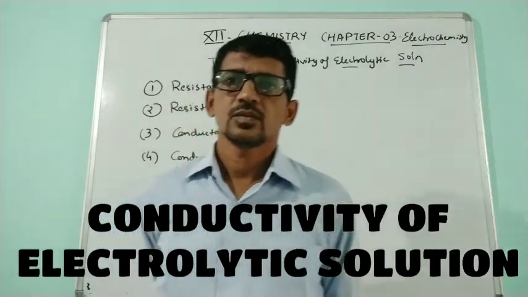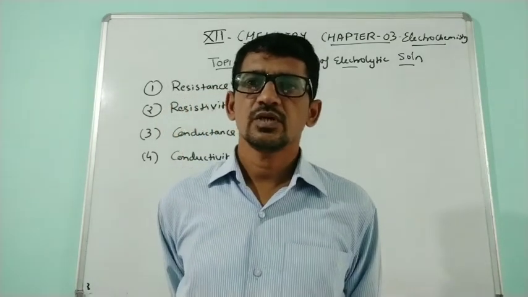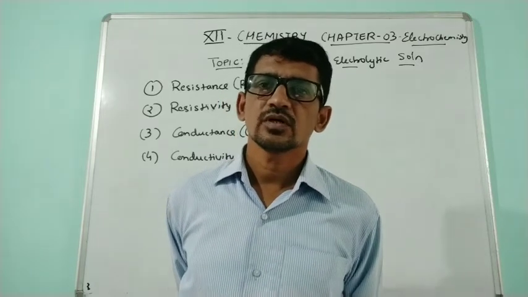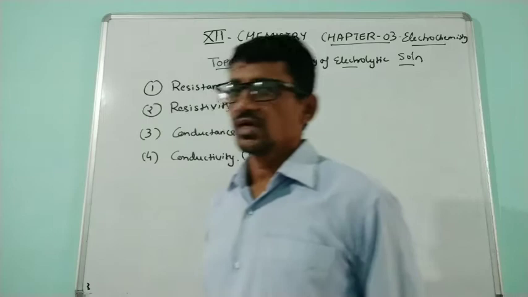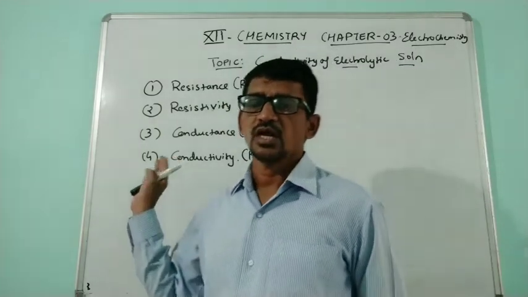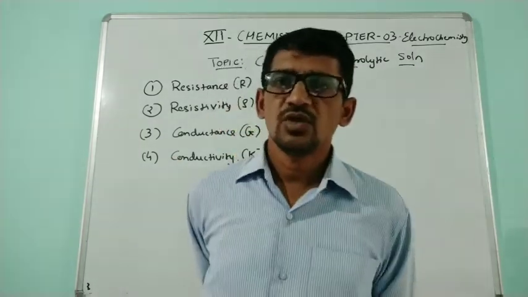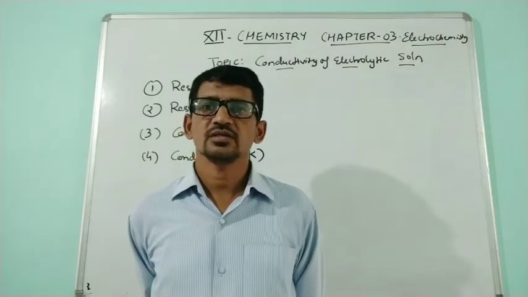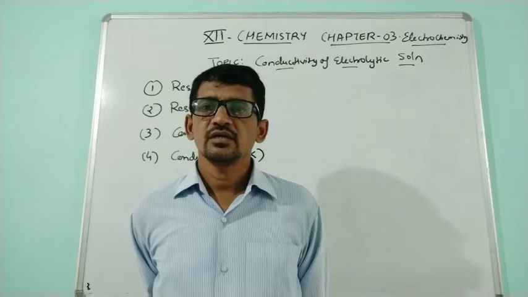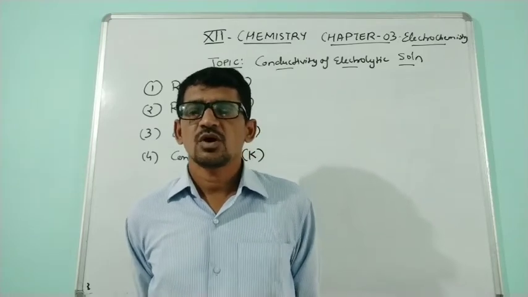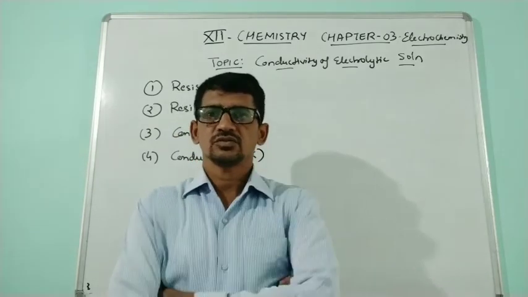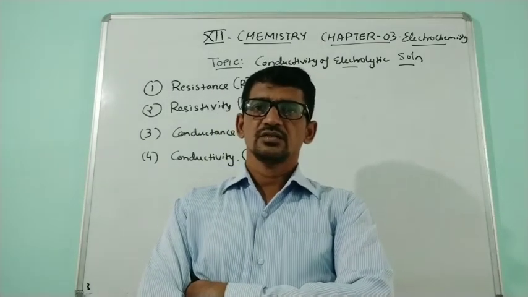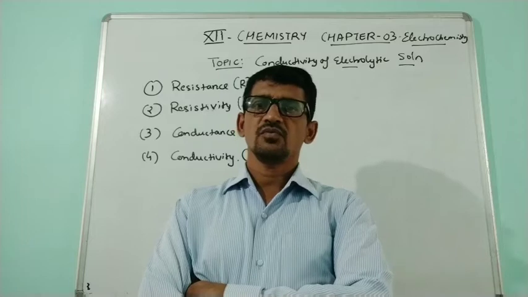Hello students, today in chemistry chapter 3, electrochemistry, we discuss conductivity. Conductivity of an electrolytic cell. We have discussed the cell, anode and cathode. If they are joined, then the redox reaction starts and we get current. We have discussed the equilibrium constant, various concentrations, the standard cell and the Daniell cell with the help of the Nernst equation.